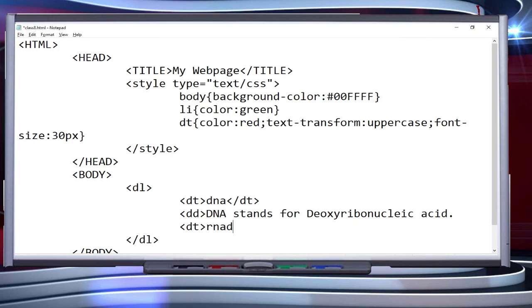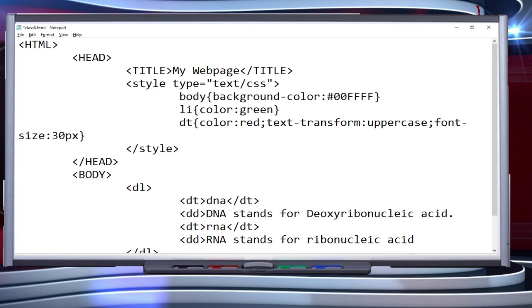Let's say if you want to add it to this as well, and I want to write what is RNA. I'm writing definition description here. RNA stands for ribonucleic acid. And here I'm going to close this DD.